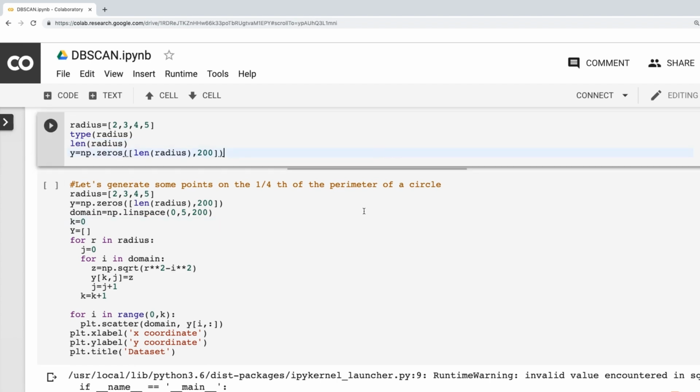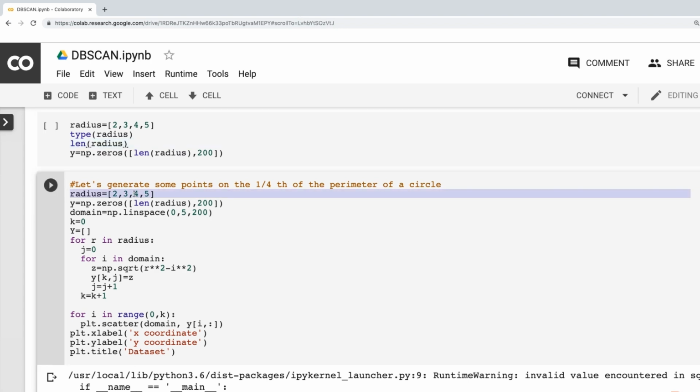Two parts, we are trying to generate the data that we are looking for. In this example, we would like to have 4 different groups of data points that form arcs with different radii. The range of the radii would be 2, 3, 4, and 5, as we have determined here. Generating these arcs is very simple and easy since we would be using the formula of the perimeter of the